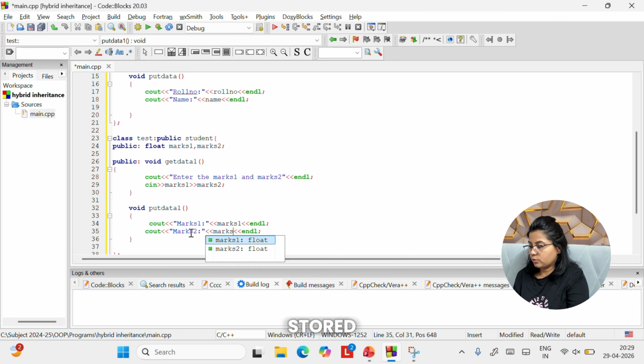Third class is a separate independent class, that is sports class, having data member as score, public colon float score.